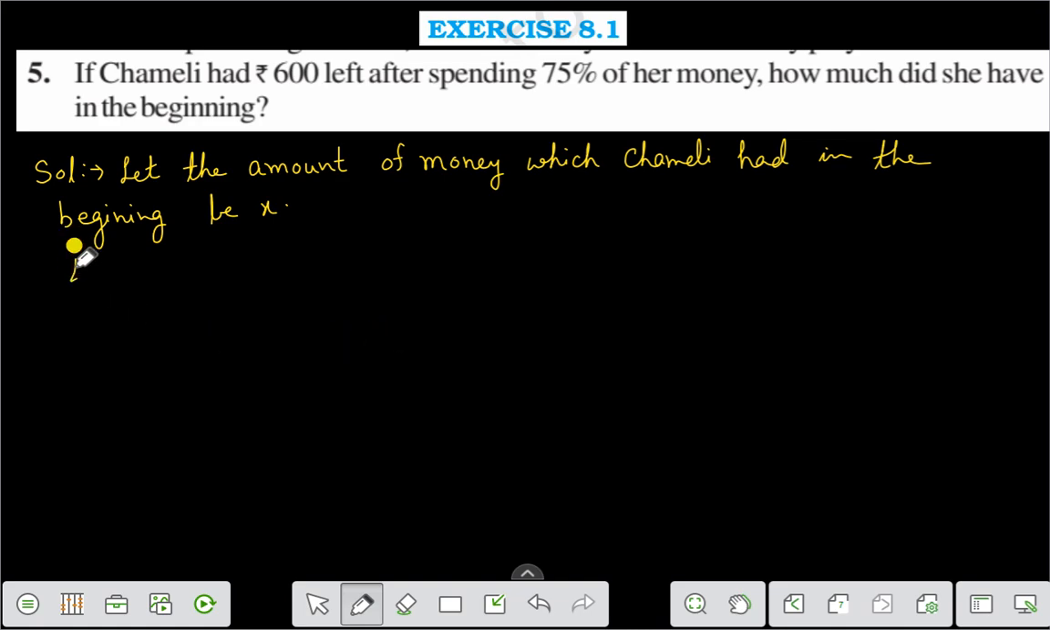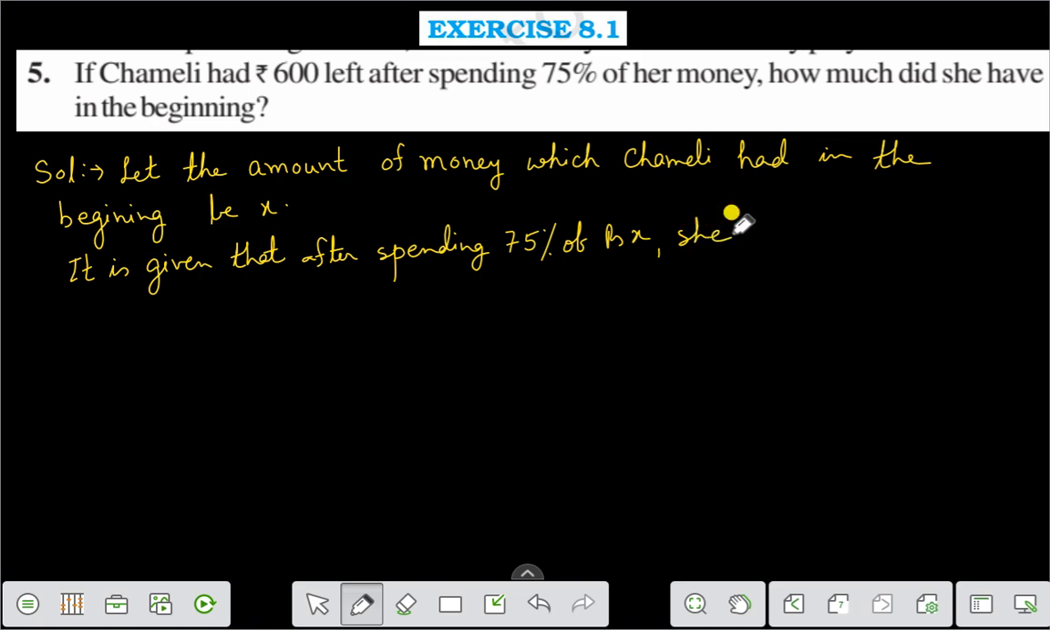It is given that after spending 75% of rupees x, she was left with rupees 600. Therefore,